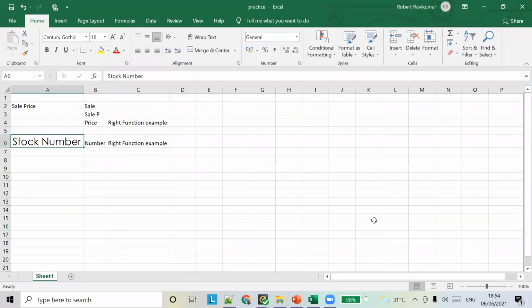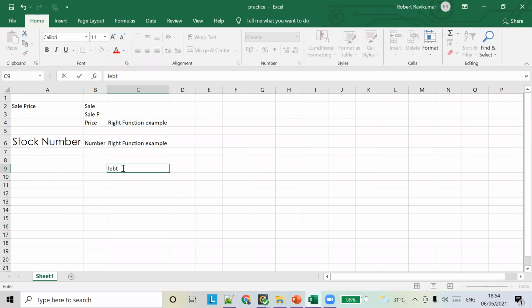Let's say you want to find the length of this text string. What I'm going to do is write length example, is equal to len. Len returns the number of characters in a text string, and you have to give the text, A6.